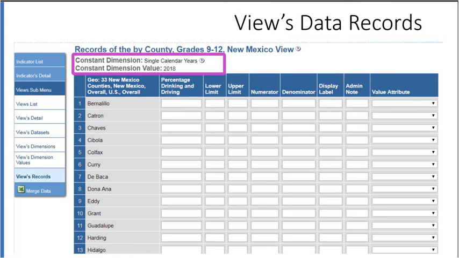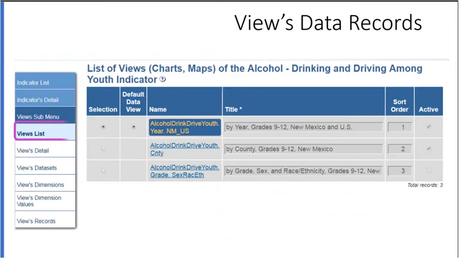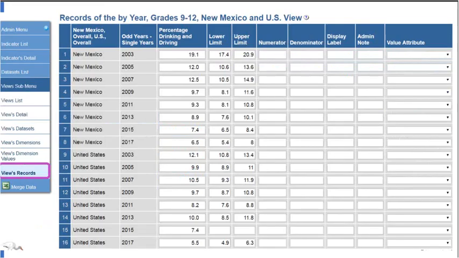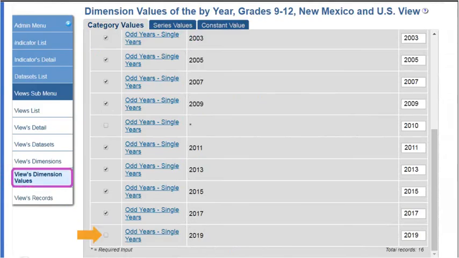All right, so next we're going to look at the views list and look at a different data view just to see another example. So for the data by year, here we have multiple years for New Mexico and the US. These are our two data series. And we've got odd years through 2017. When Dan gets his 2019 data and he wants to enter it, he's going to want to enter it in here, but there's no place to enter 2019 yet. So he needs to go to the views dimension values, and in this case we have radio buttons, and he's going to select or turn on or activate the 2019 data year,